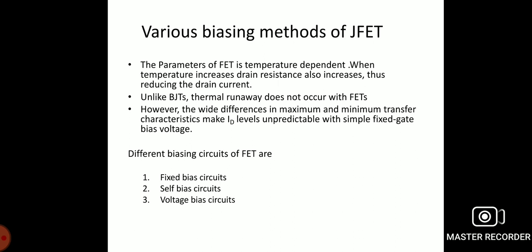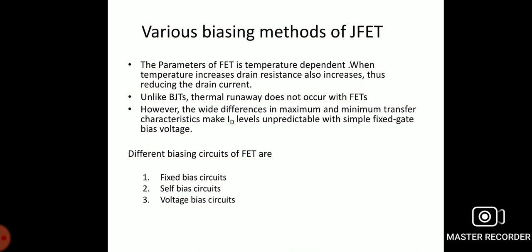In the previous session, we discussed the biasing methods of BJT configurations, what the stability factor of the BJT configurations is, and what compensation techniques we follow for the BJT configurations. Now today we are going to discuss the various biasing methods of